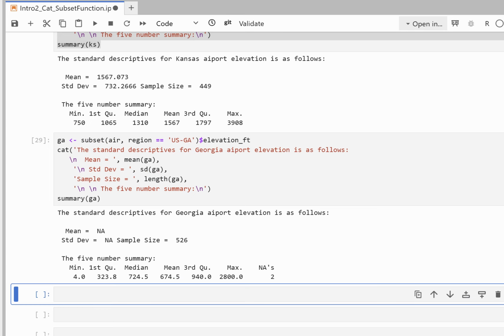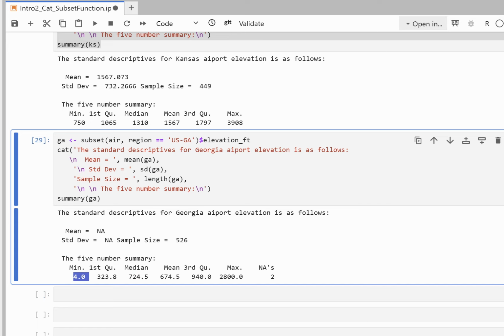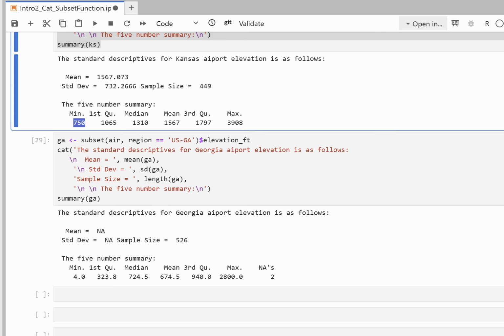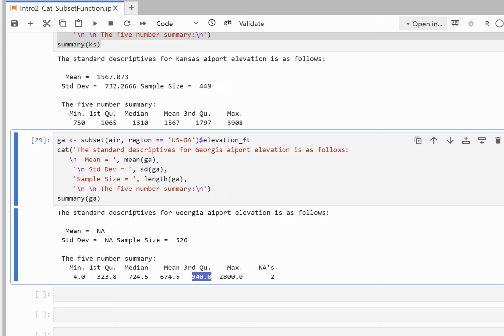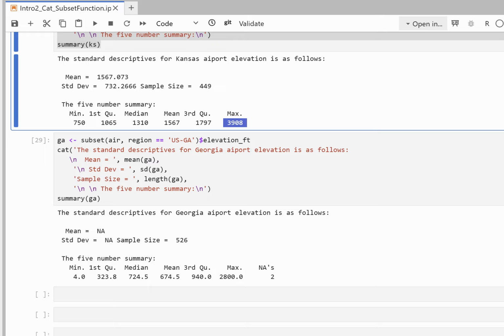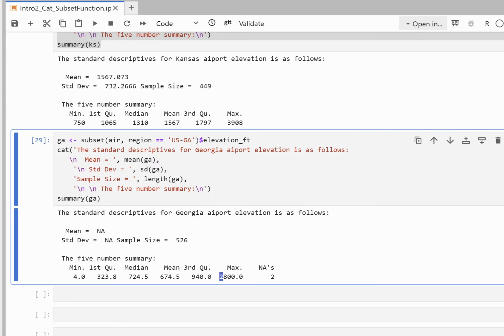And notice that the minimum elevation of our airports is 4 feet above sea level compared to 750 feet above sea level for Kansas. Well, that makes sense. We have a coastline. So maybe the airports and heliports in Savannah are much lower than the lowest elevation airports in Kansas, right? Also notice, the 75th percentile is nearly 2,000 feet, where ours is 940, and the maximum in Kansas is higher elevation than the maximum in Georgia,